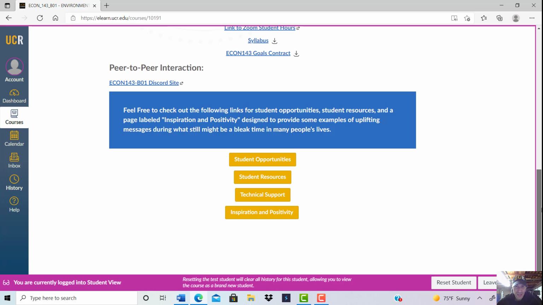And then all these remaining pages here are optional. Student opportunities is basically whenever I get an email about internships or volunteer opportunities or student group opportunities, I will post them there for you so that you can check them out as you see fit.